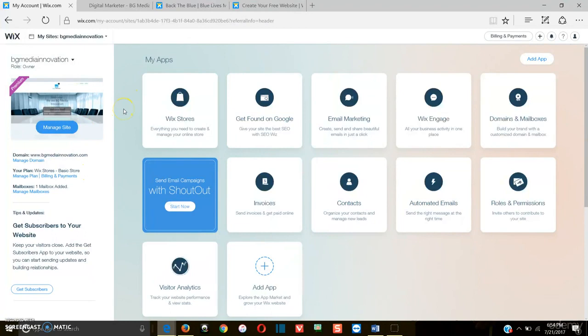Obviously, you're going to need Wix.com. So everybody obviously has access to the internet if they're watching this course. But you're also going to want to download the Wix Shoutout app and the Wix app in general. Once you build your site, you'll be able to connect your site